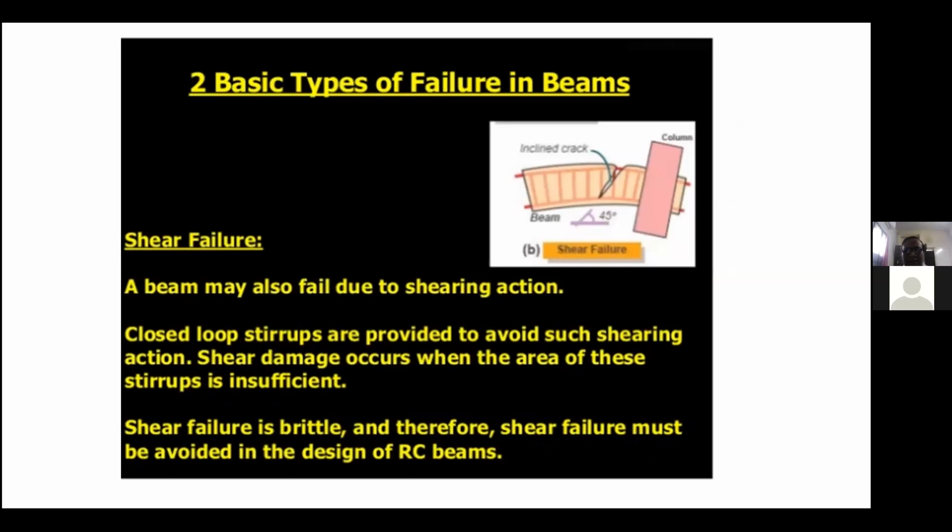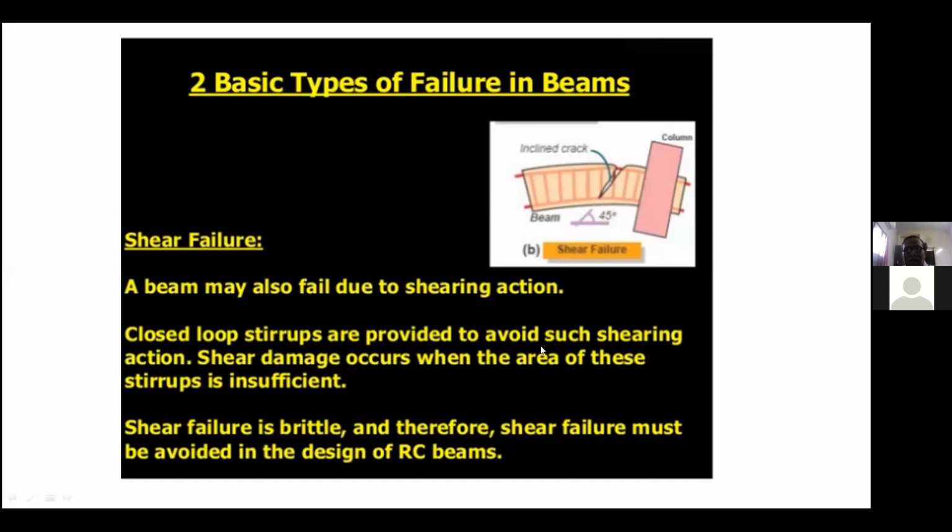Then another, we discussed about the flexural failure. So another important failure is going to be the shear, because whenever you're talking about bending, bending and shear are complementary with each other. So whenever you have bending, you have a shear. So the shear failure, normally shear failure is explained here. You have a concrete column and beam. So normally the shear failure occurs in any beam because at the support the shear is maximum. So whenever you look at the 45-degree crack, that shows that this failure is going to be shear failure.